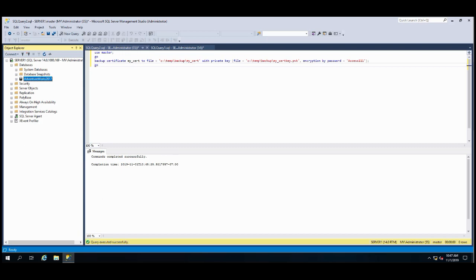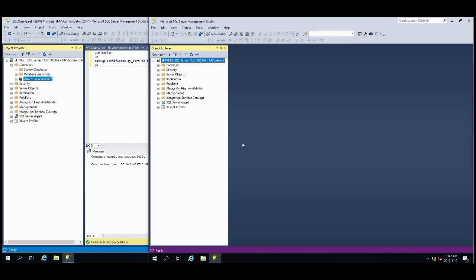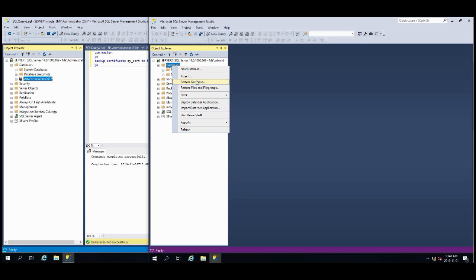So I'm going to open up another server. This is server 2, and you'll notice here I have no user databases. So I'm going to try to restore that database as if someone got a copy of it, took it home or downloaded it or whatever. They've got a copy and they're going to try to restore it to their server and see what data is in there. So I'm going to right mouse click, restore,